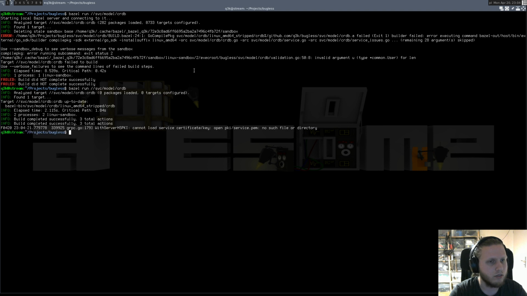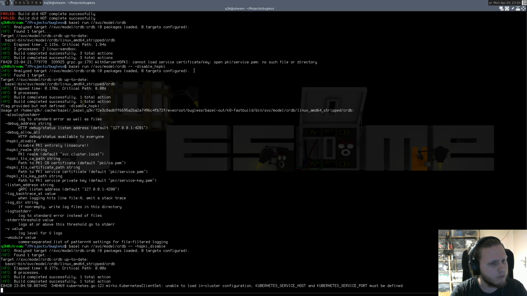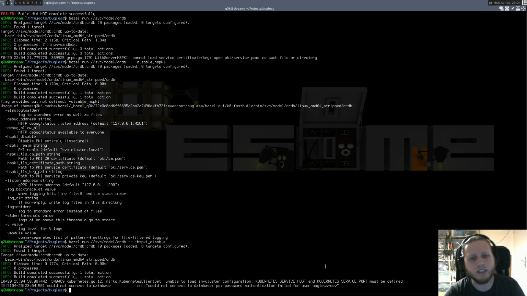Well, that's fun. But if we actually attempt to run the model, you'll see it's going to complain that it's missing a bunch of certificates, because this is actually trying to use a framework that I've written for the Warsaw Hackerspace called HSPKI for mutual TLS authentication. But getting rid of this is quite easy. You do disable HSPKI. There we go. But now it is going to complain that it actually cannot connect to the Postgres database,